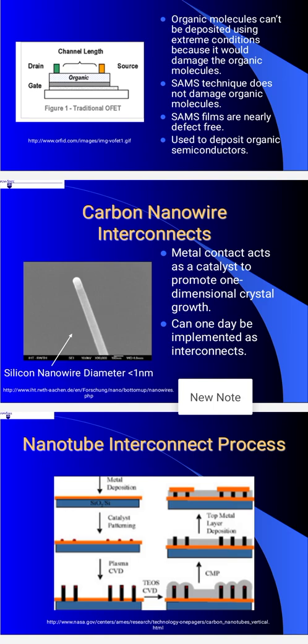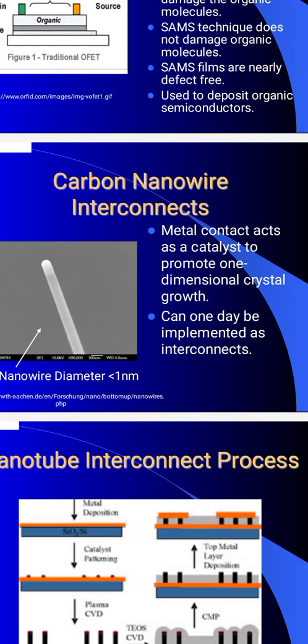But if you use carbon nanotube or carbon nanowire, it has the strength of diamond. Because the structure is completely carbon, the carbon nanotube is an allotrope of diamond, isn't it? So it is completely carbon bonds, and double bonds as well. It is highly strong. The strongest material in this world is this carbon nanotube, as they say. It is as strong as diamond, and it has high tensile strength, high Young's modulus. The heat capacity is very high, and if current passes through it, it will not melt.